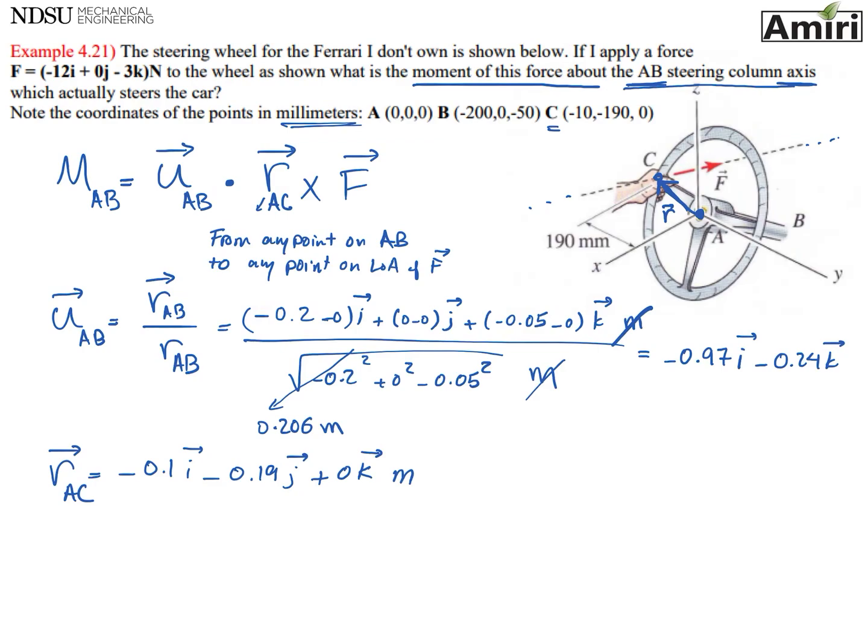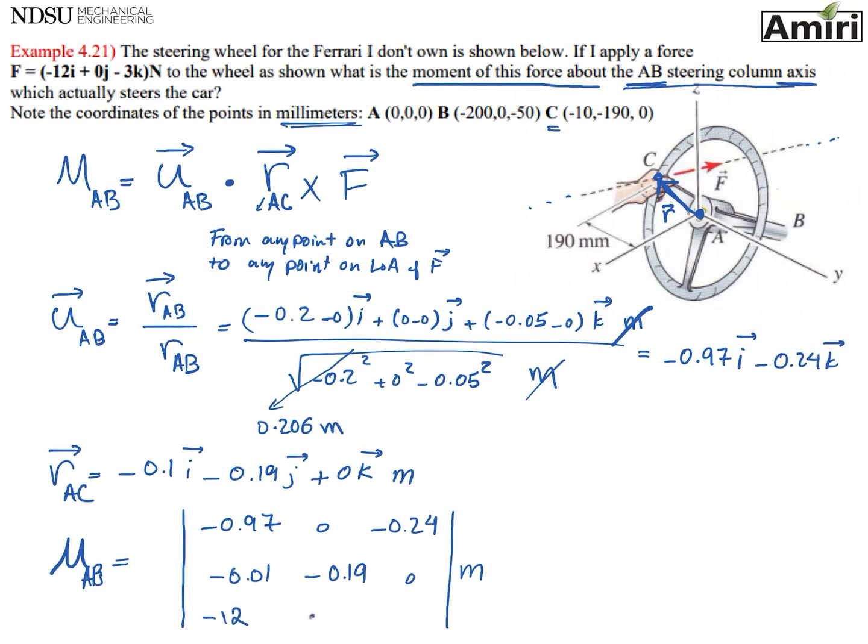Okay. So if I do the determinant then, the moment about axis AB, the first row is going to be my unit vector, which is minus 0.970 minus 0.24. The second row is going to be my position vector, or AC components, 0.1, minus 0.19, and 0. And I have the units for it. And the force is given in the problem statement. It's minus 12, 0, minus 3, and the units for it are given as newtons. Again, I don't need any ijk anywhere on this determinant. So if you do the math,